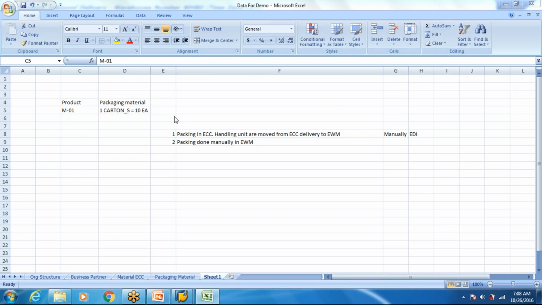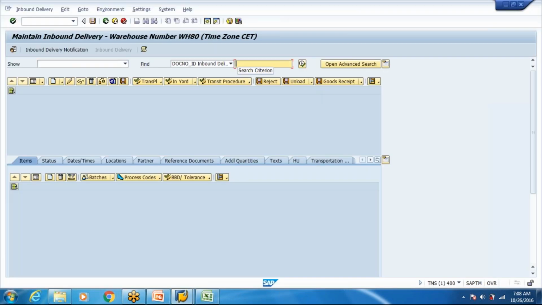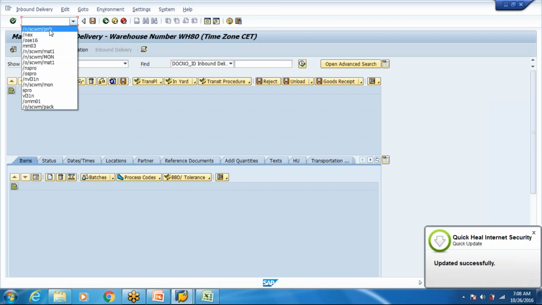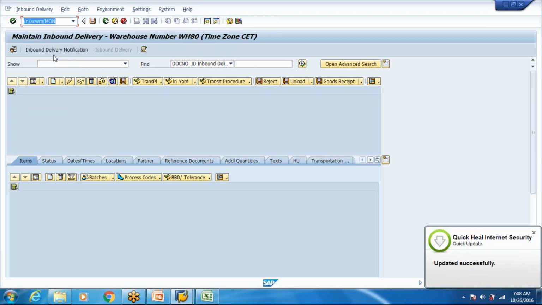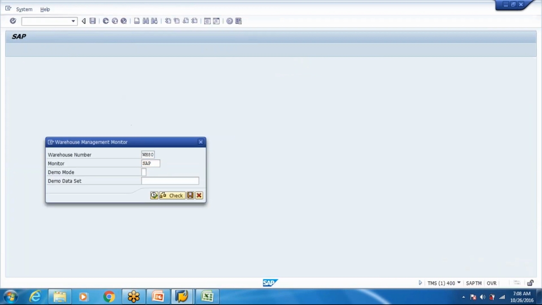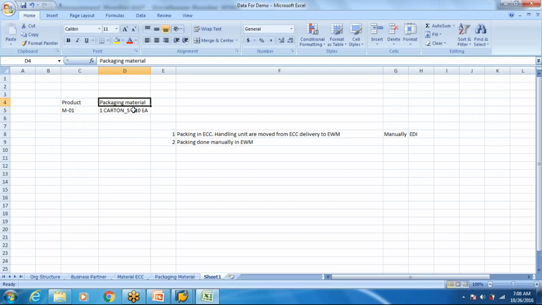So the material we have packed is 10 pieces into one. If you see the handling unit in EWM after packing, since we are doing it manually, we can change the quantity we are packing in one pallet, carton or HU.